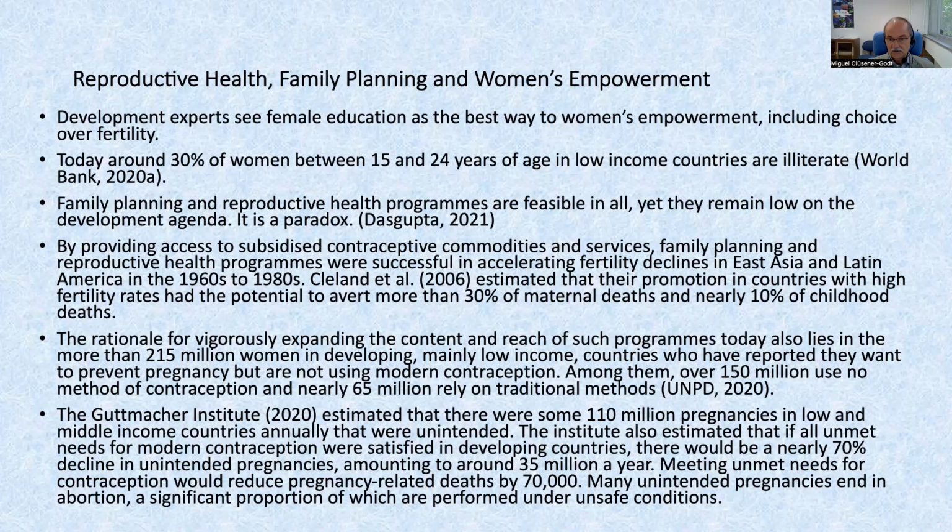There could be unintended pregnancies brought down by 35 million per year. And this would, of course, bring down the pregnancy-related death from the women by 70,000 per year, because they are simply done under unsafe conditions, under all sorts of conditions. I don't want to go into details here, but one can avoid this. And this is called development. And this is where we have to work on.